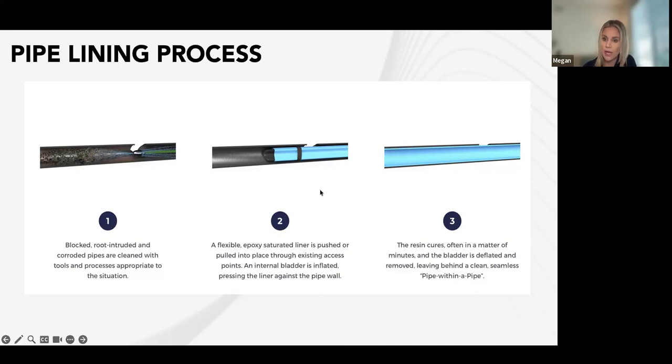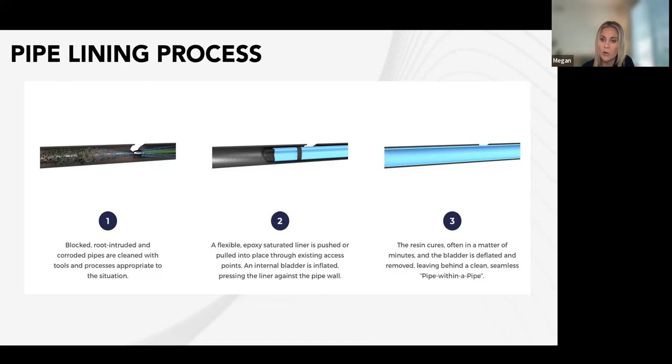Once it's clean, we'll do another camera inspection to make sure we're not missing anything. This is also part of our lining process and will be presented in a final project report. So you can see we actually did camera it in the beginning. We cleaned the pipe, and then the next step will be to install the liner using existing access, or we might need to make additional access. So once we have all of that in place, there are a couple of different types of lining, and I'm going to talk about CIPP, where we use a pull-in-place method.